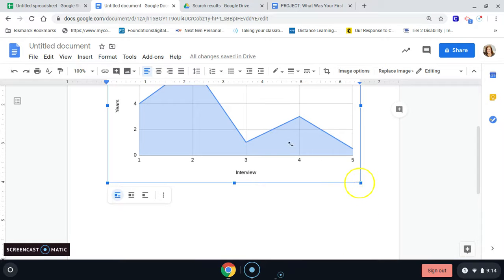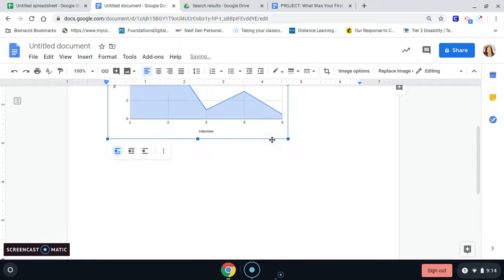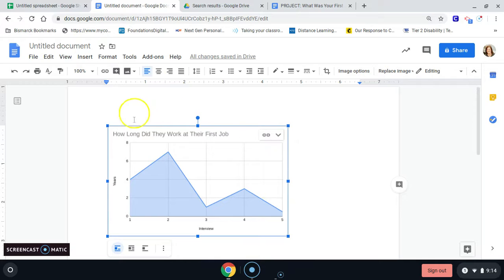If you don't put this in the article that you're writing, then you do need to upload this to Google Classroom on the assignment post, just so I can see it. So if you have any questions about that, let me know, and I will certainly help you out with that. Hopefully this gives you a little